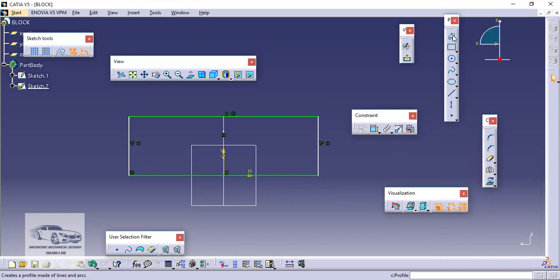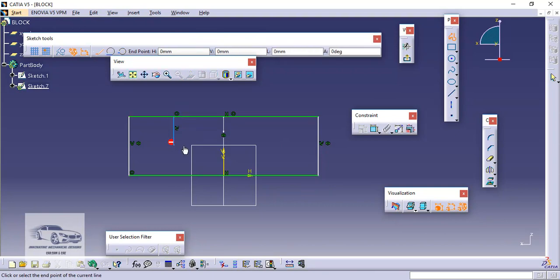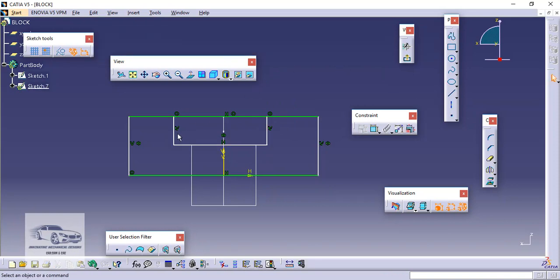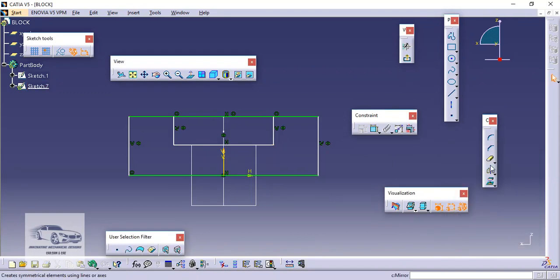And now here I will create the inner profile like this. And again we will make these two lines symmetric with respect to the central axis. And then I will trim the unwanted edges.